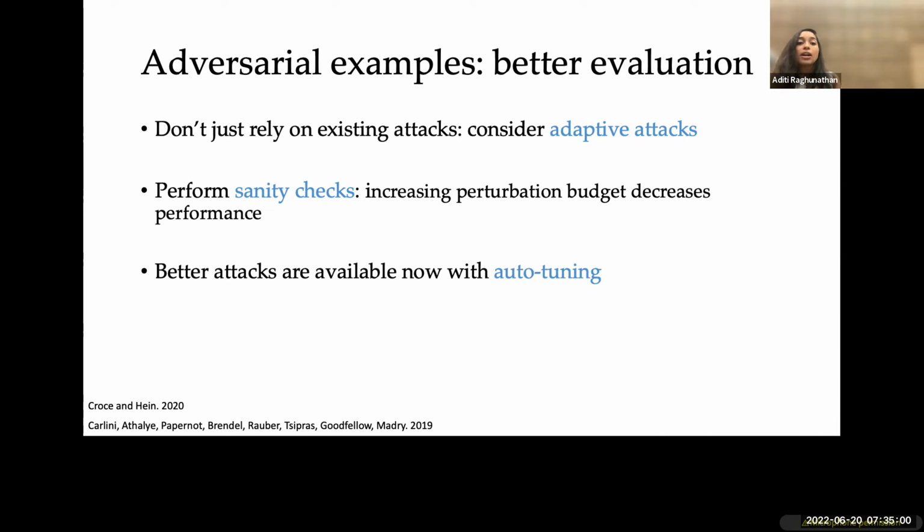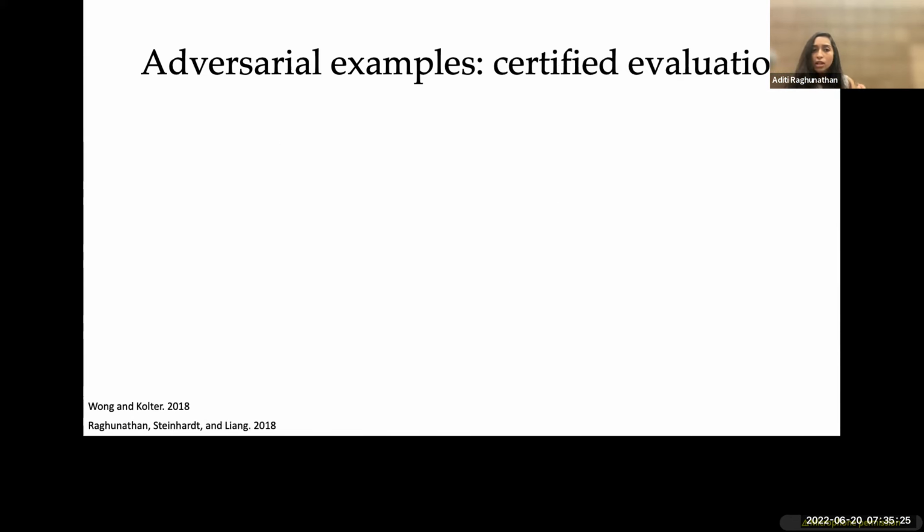But all of these things still don't give you a guarantee. Are we actually still measuring the worst case? If you recall, the motivation for robust optimization is that we want to really get a guarantee, because it's not sufficient to just test a bunch of things and say our system is good. We want some kind of worst-case guarantee so we can really trust that the system is going to work. So is there something we could do there? Fortunately, there is something we can try to do in terms of getting guarantees as well.